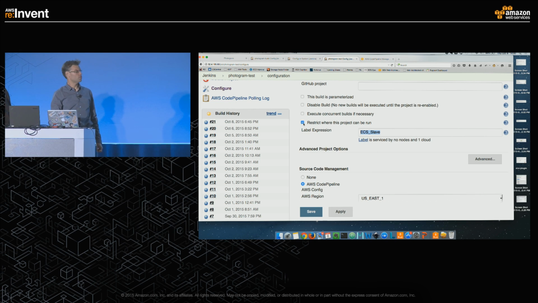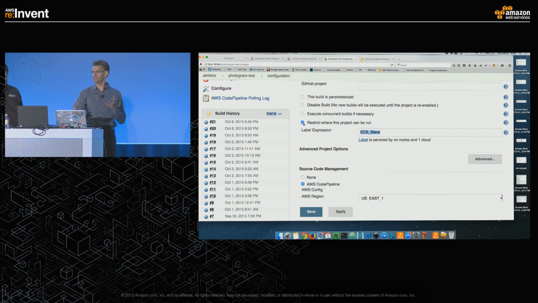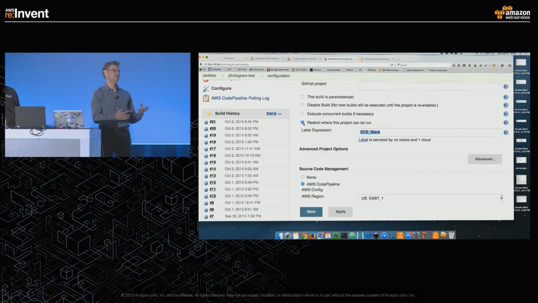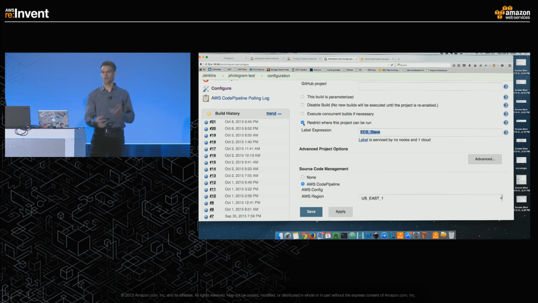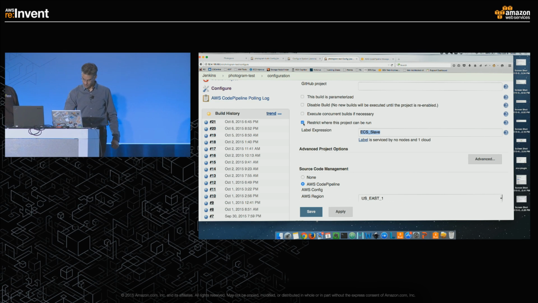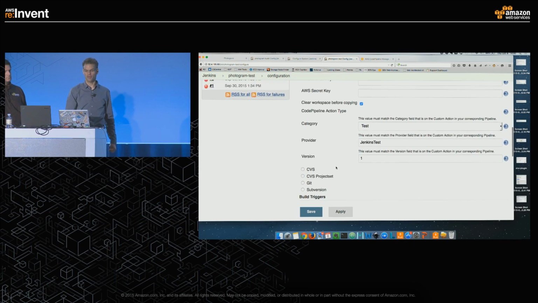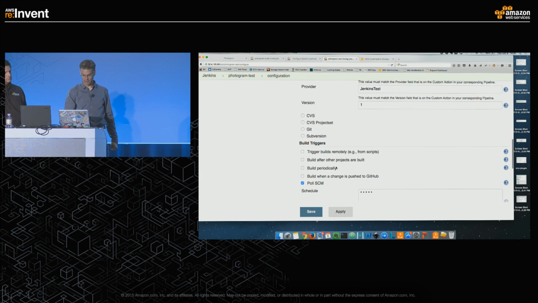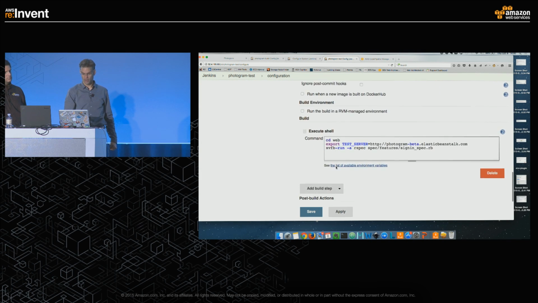We've selected restrict where this project can be run, which tells Jenkins, whenever you see this test job execute as a build, always fire it off on the slave, which in practice is going to mean fire up a new container, set up a task definition, run it on the ECS cluster, and then tear the whole thing down when it finishes. I'll skip over source code management again until we talk about CodePipeline and get into what we're actually